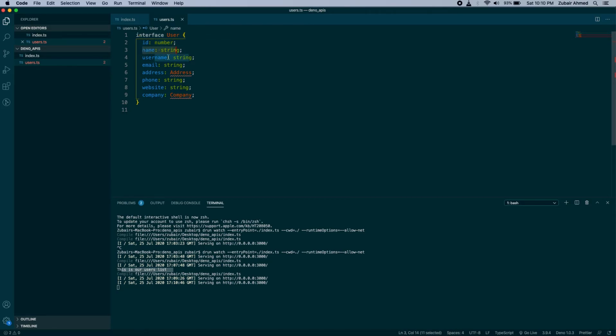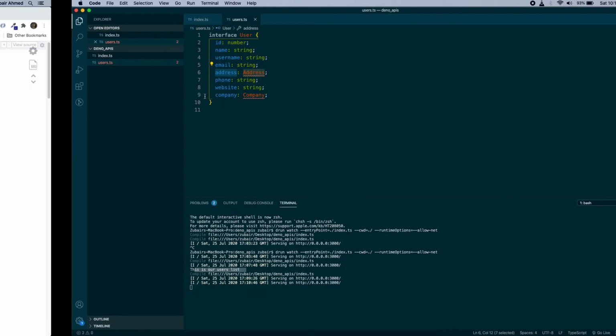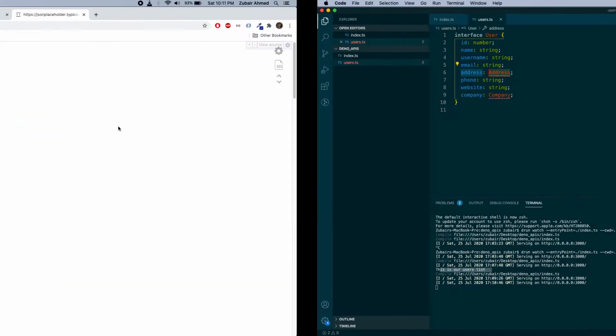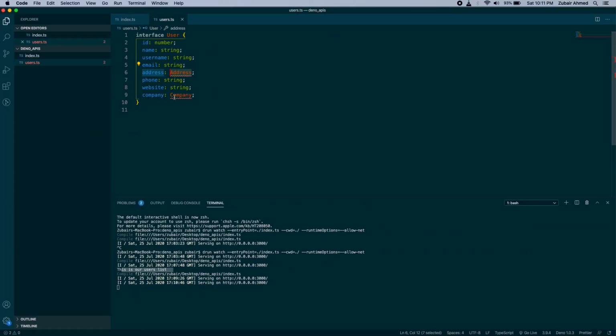So we have name type string, username type string, email, address. For address we will create another interface called Address, and inside that address we will use these particular properties or JSON parameters. And same like we have the company thing here, so we will create another interface for company.